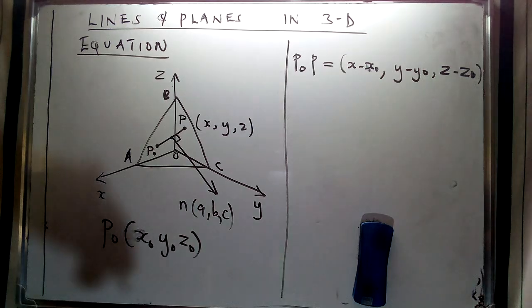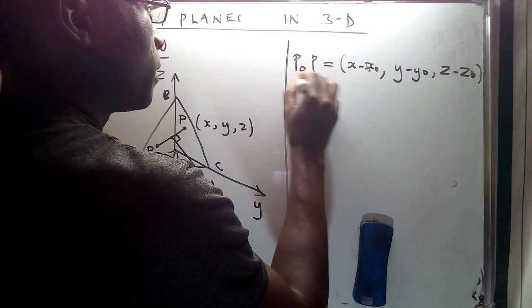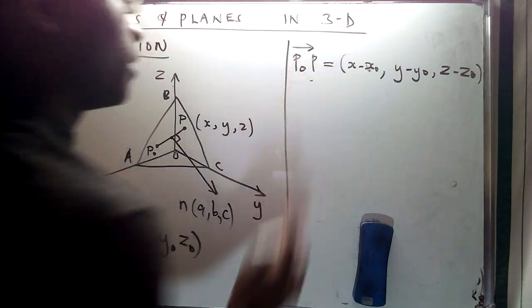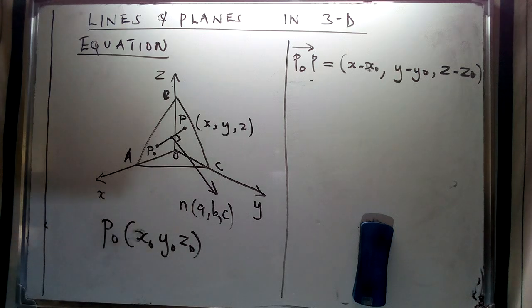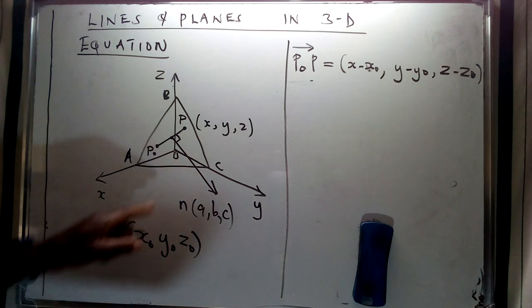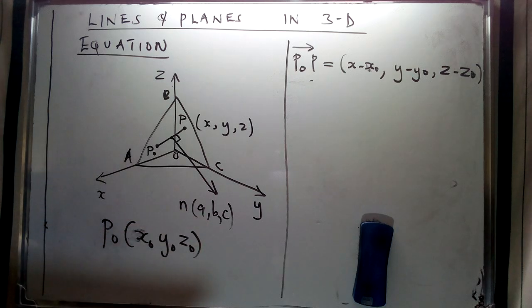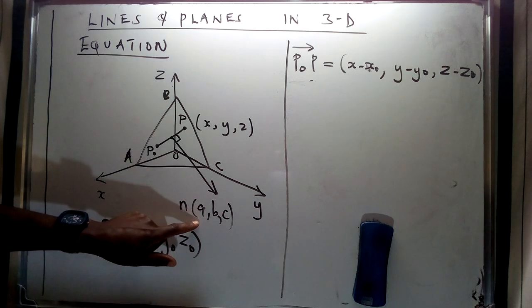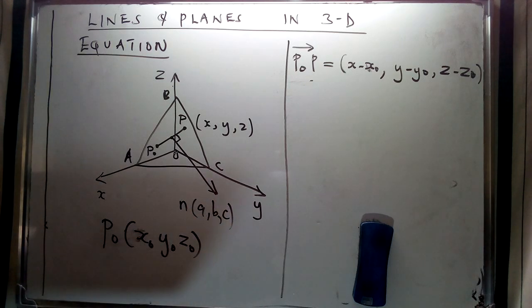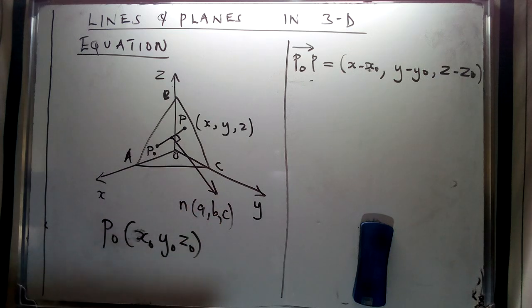So this is going to give the description for the resultant vector. Now, in trying to find the relationship between this specific vector and this normal line, which is another vector given as (A, B, C), where A, B, and C are non-zero values,